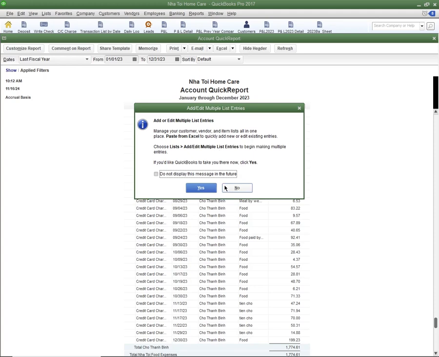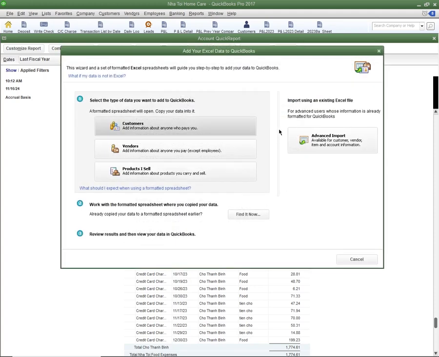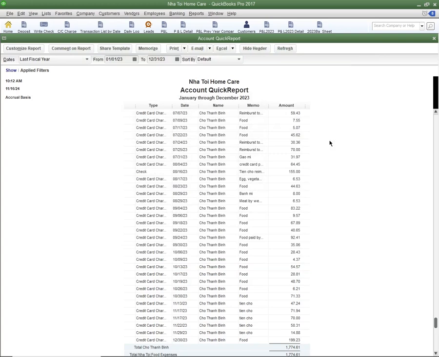So in other words, you got to do it manual. See, QuickBooks gives you three options: either go to the customer, the vendor, or the product. Again, I try to go to advanced import. Okay, look,